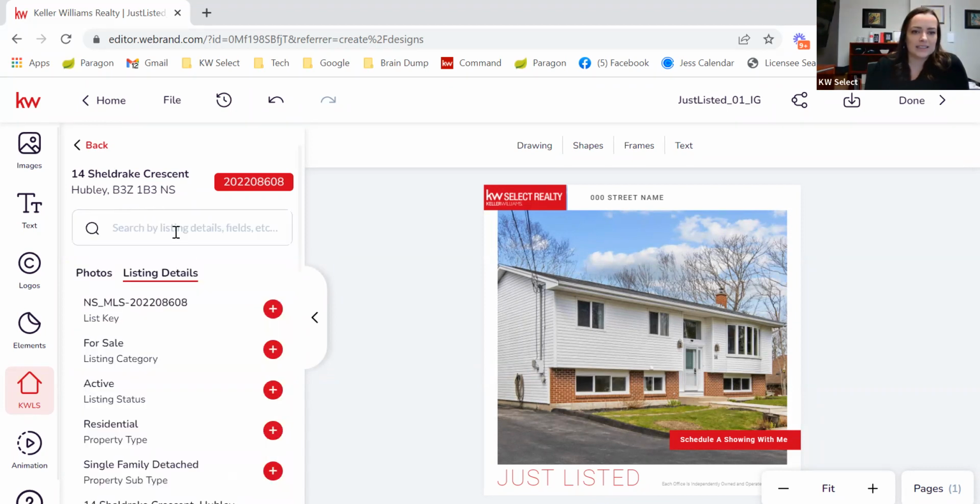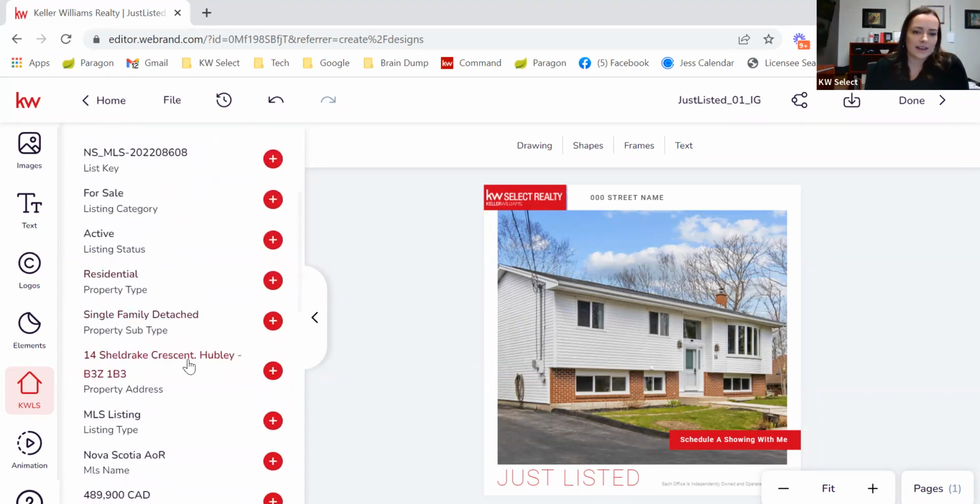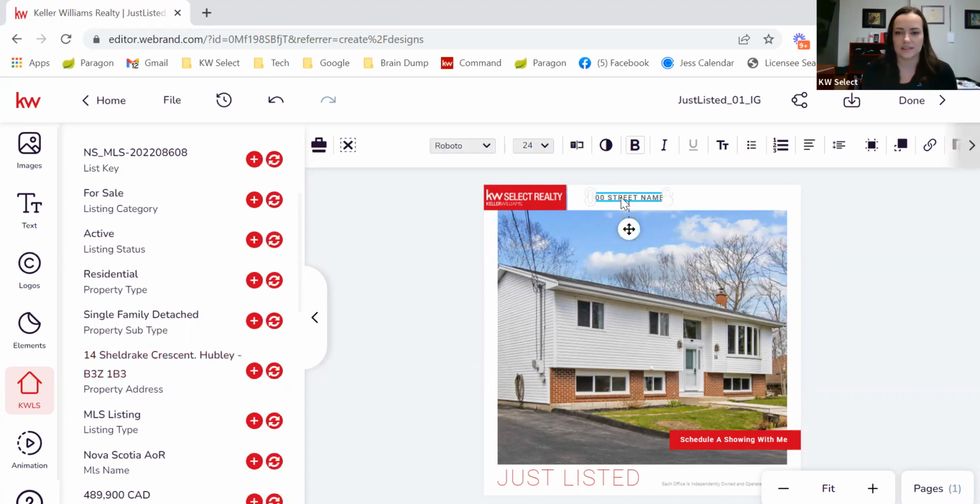Then we can click on listing details. And these are all text boxes with various details about that listing that you may want to put on this graphic. So up here we have the street name. This is its own text field. And I can do the same thing as the photo. I just click on it, come over here in the list and find the address, click replace,